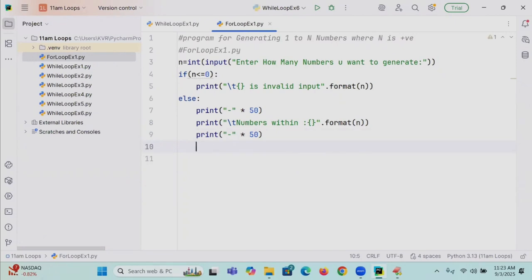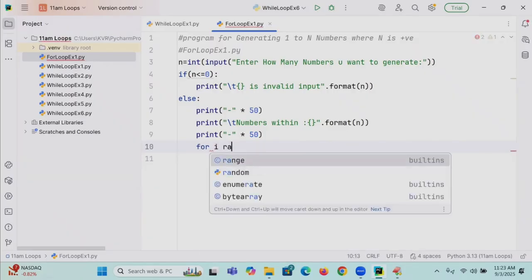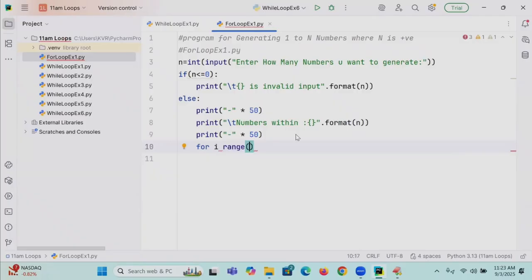How do you write it? For variable name I in range, my sir already said about range. Range comma what? N plus 1 I will write. Already my sir said about range data type. 1 to n here. If I say 5,